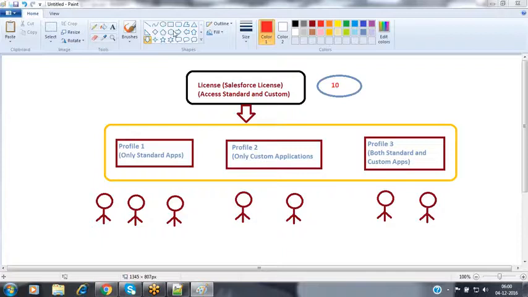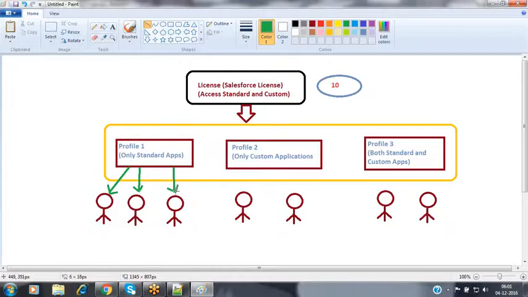So now, whenever you are creating the user, always we have to select a profile. When coming to the user, upon creating the user, we have to assign a profile over here. For each and every user, we have to select the profile. The same profile we can assign to multiple users also. That possibility will be available to you. This profile is going to be deciding what permission the user has inside my Salesforce organization.